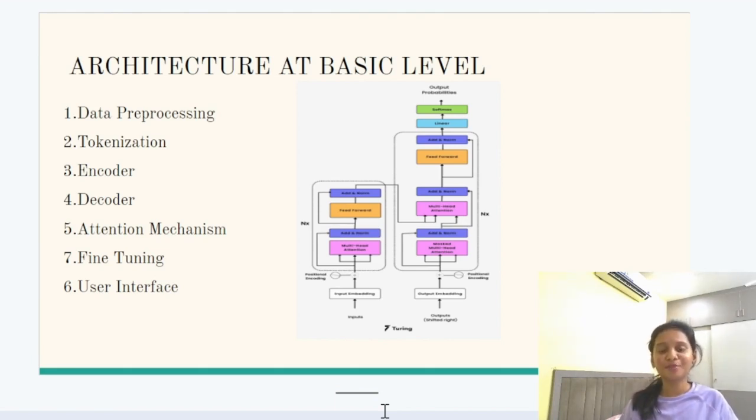The attention mechanism ensures that each part of the query is understood carefully and that an accurate response is created and nothing is missed from the question. And fine tuning is adjusting the parameters of the pre-trained model so that it becomes fit for a specific task. So we'll have to train the pre-trained model with a lot of datasets in order to get accurate responses.